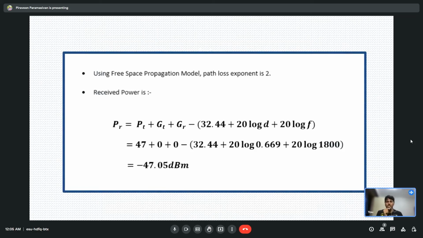Now, using the free space propagation model, the path loss exponent can be taken as 2. The received power is PR equals PT plus GT plus GR minus bracket 32.44 plus 20 log D plus 20 log F, where D is the radius of the cell, which is 0.669, and F is the operating frequency, which is 1800 MHz. And using this formula, we can get the received power equals negative 47.05 dBm. Next,